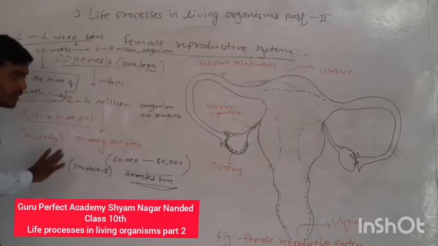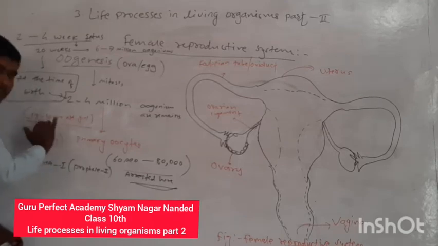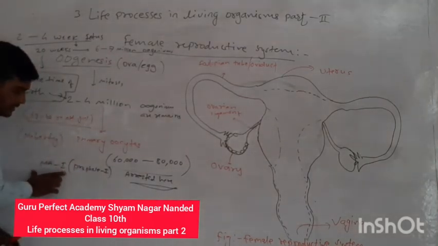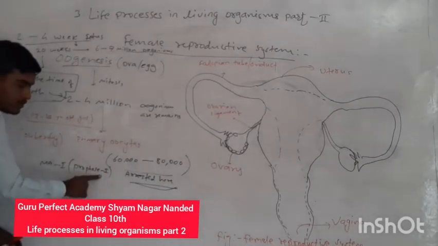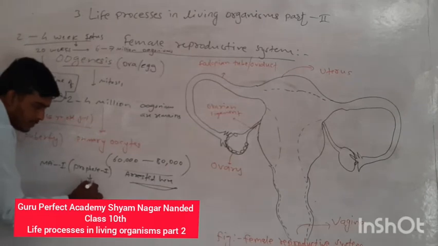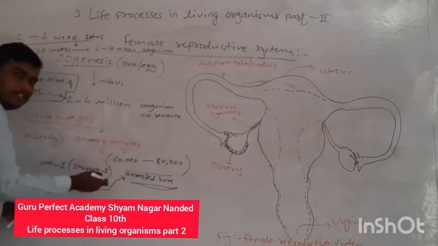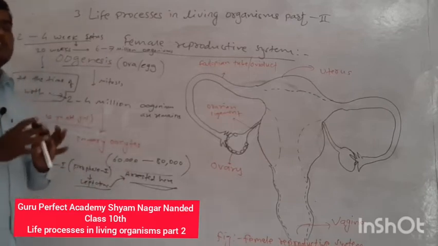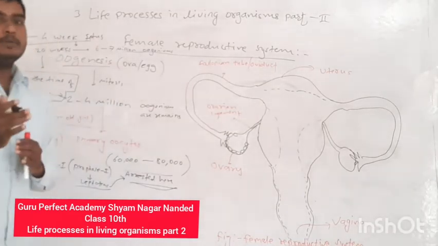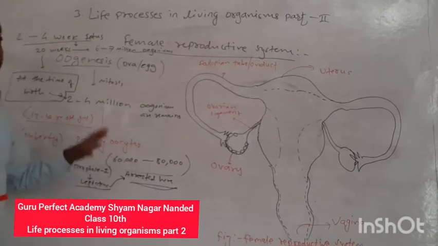Okay, in the case of puberty, or we can say girls, at that time in a stage called meiosis first, prophase first, and exactly we can say the leptotene stage, in this stage the cell cycle is arrested, stopped, for the maturity purpose. At that time only these primary oocytes remain in this stage.